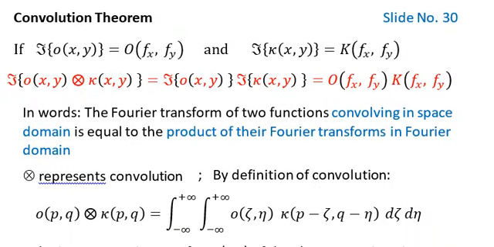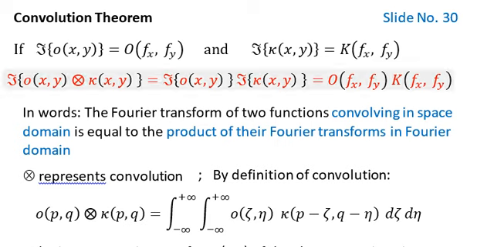Now we have the convolution theorem, a very important theorem also. Here we are talking about two space domain functions. One is O at x comma y, the other is kappa at x comma y. If the Fourier transform of object O at x comma y is equal to capital O at fx comma fy, and the Fourier transform of kappa at x y is equal to capital K at fx comma fy,